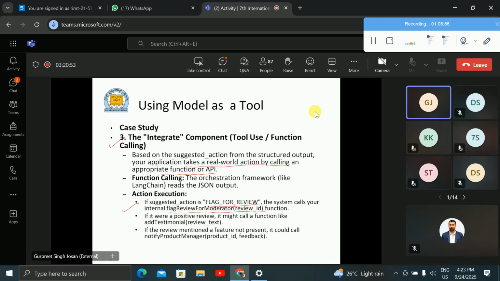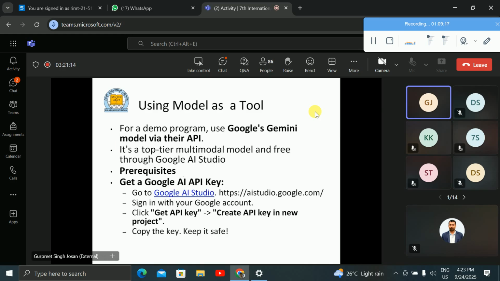If the action is positive review, then the system calls the function add testimonial. If it is a review mentioning a feature not present, it could call notify product manager. So different functions can be called based upon the result of the review. This is the overall scenario that we want to do, and for creating a demo program, we will